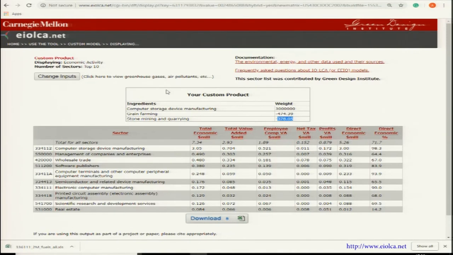So EIOLCA data can be used in multiple ways to have the life cycle assessment of the economic activity, greenhouse gases, the conventional air pollutants and energy consumption and other toxic gases, etc. And different models can be used for getting the overall feel of how specific product manufacturing or a specific sector would affect my economy. So this tool EIOLCA can be used in multiple ways, like we can compare different products or just have the feel of the data, or we can see for instance in a specific sector what is the impact that is coming.